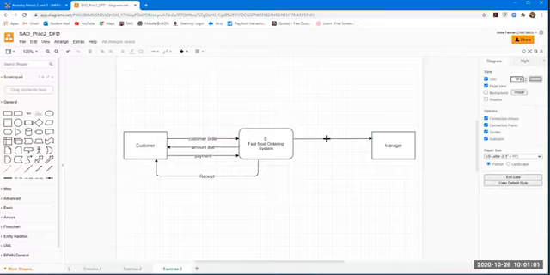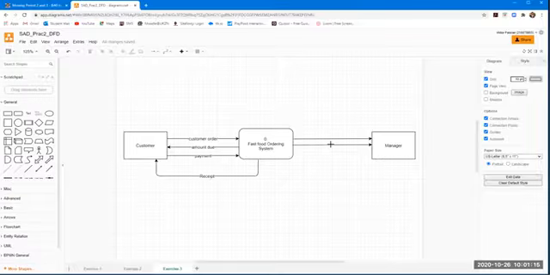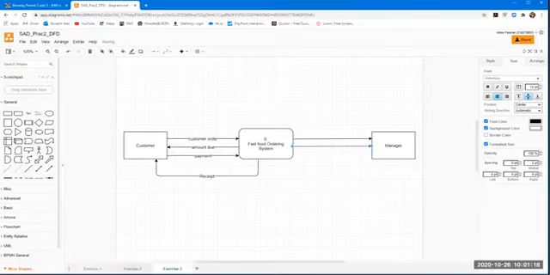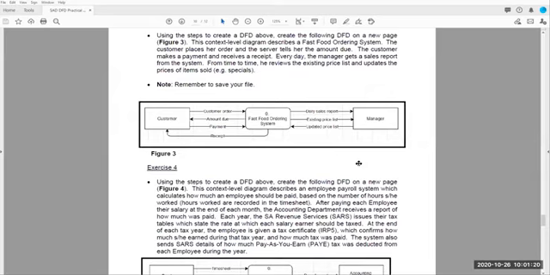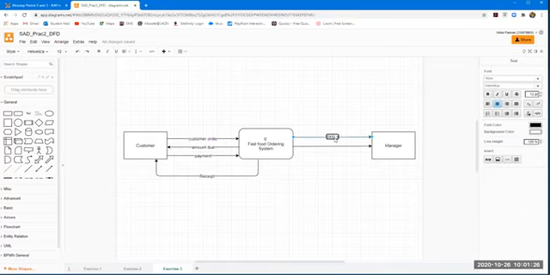Okay, daily sales report, existing price list sent to the manager. Let's give this more space. More space here. Okay, so this can go up. So this daily sales report, and this is existing